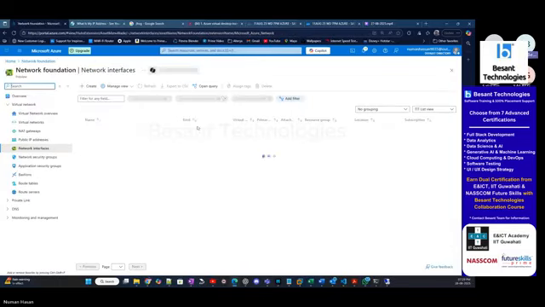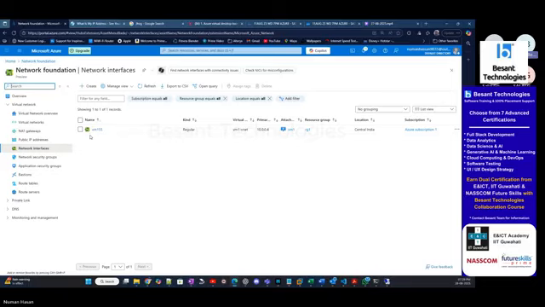Click on NIC. Now there is a NIC with a name known as VM155, which is attached with the VM1, and you can see the logo of the VM1. It's showing you the title known as attached. Okay, so it clearly shows that this is the NIC which has been attached with the VM1. Now let's go into the NIC